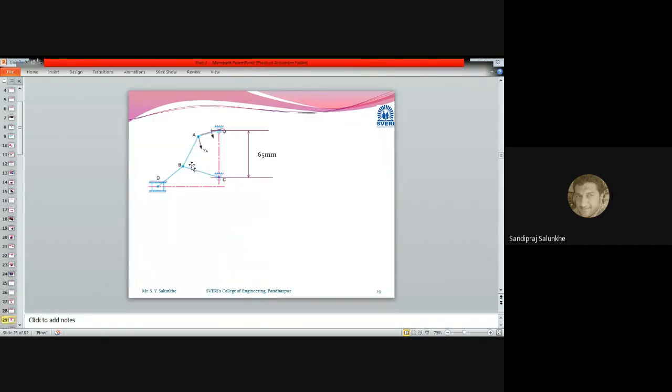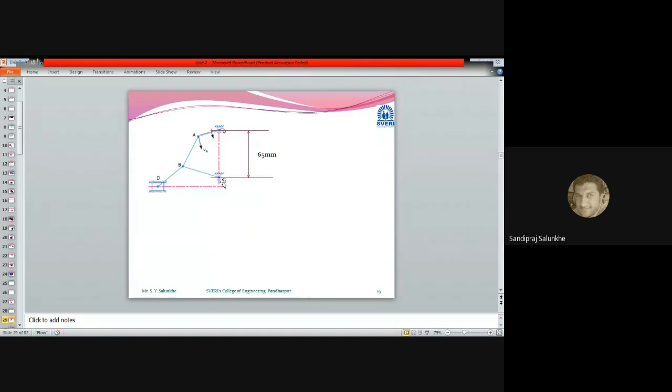From that, you have to use a compass and take a distance equal to AB. AB distance is 44 millimeter. Put the compass on A and make an arc at point B. Then you have to take a distance equal to BC. BC is 49 millimeter. You have to use the compass and make a second arc. Where those arcs intersect each other, that will be point B. And that point B will get located.